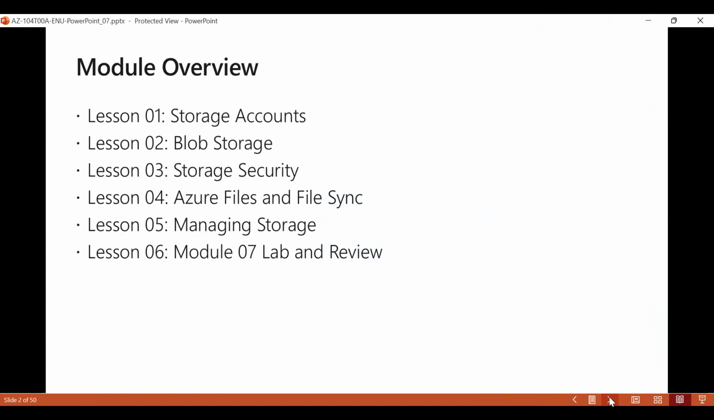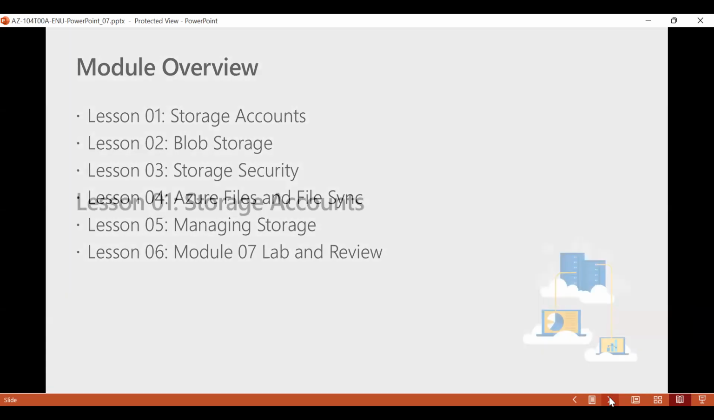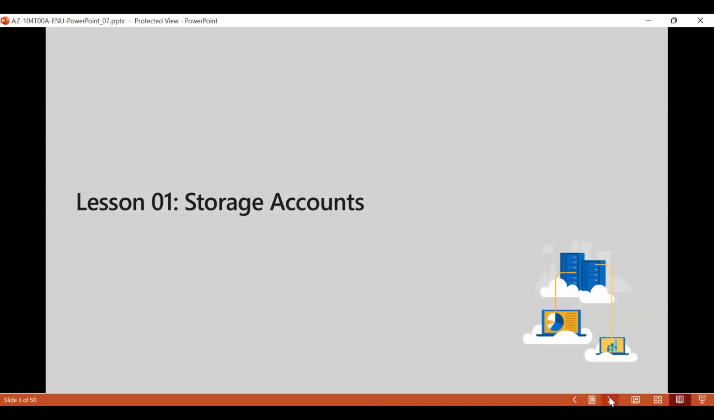So we'll be talking about storage accounts, blob storage, storage security, Azure Files, Azure File synchronization, managing storage, and probably, if time permits, we'll do a little bit of lab. So what is a storage account? A storage account is like,